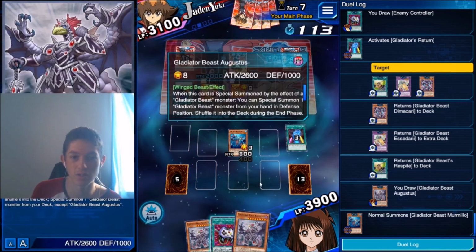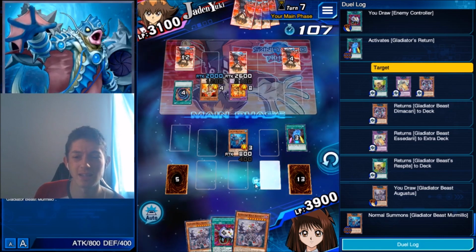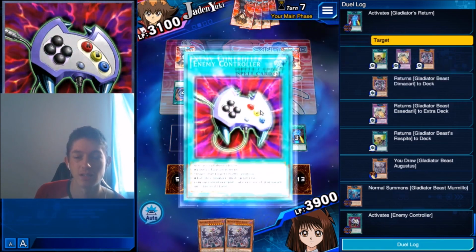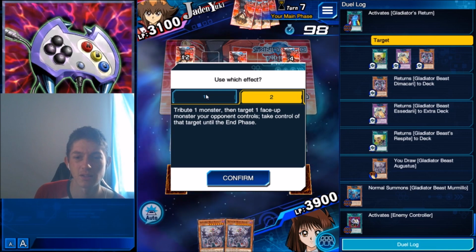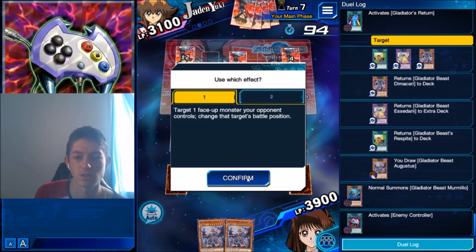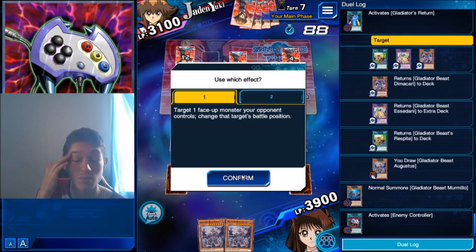We're bricked with 2 Augustus. We can Econ and get rid of the backline, but that doesn't really matter. If we drew anything else other than that, we could Econ them into defense mode, attack in, summon one of those, probably be in business. Wow, that really sucks. Do we want to just kill their backline and try and survive for 1 more turn? It doesn't really matter though, does it? Because we can't summon Augustus. If we could summon Augustus, we...